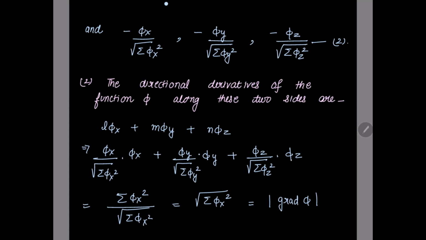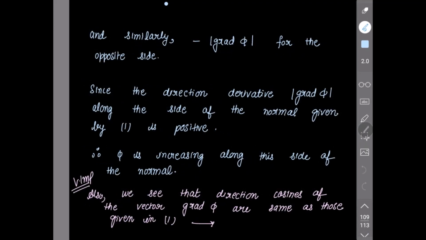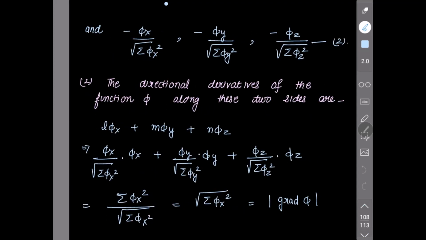i curly phi over curly x plus j curly phi over curly y plus k curly phi over curly z. What is curly phi over curly x? This is phi x, right? Let me explain over here only. Now see, what is your grad phi? Alright, I will explain why this is equal to mod of grad phi. See, your grad phi is equal to